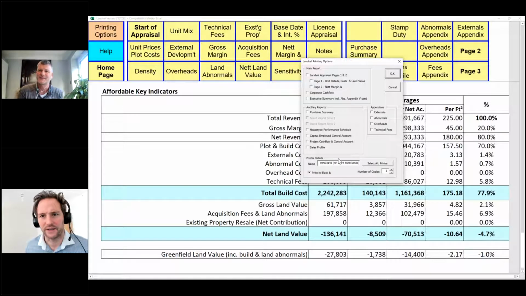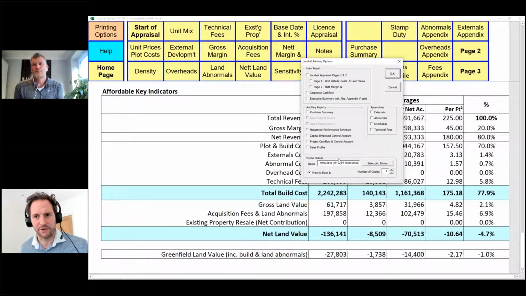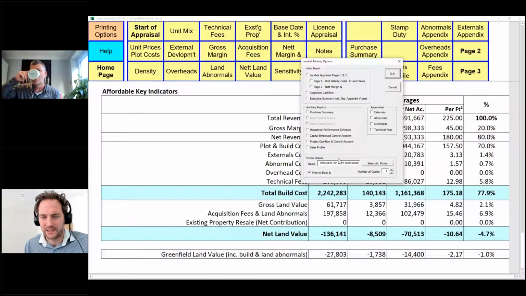I think it's really important to understand the difference, because we do get asked what the difference is between ProVal and LandVal. LandVal is focused just on land, for land teams. ProVal is a sophisticated product with a huge amount of functionality and configuration required. You need to be trained on it and administered on it.